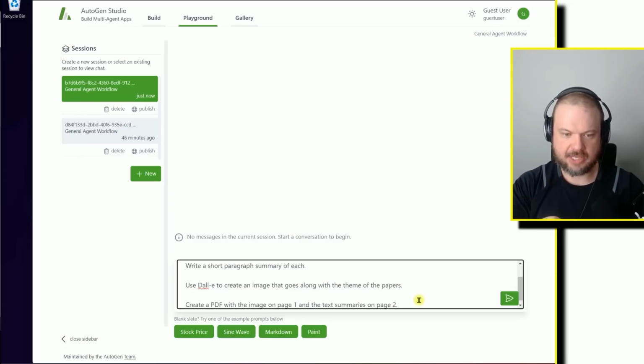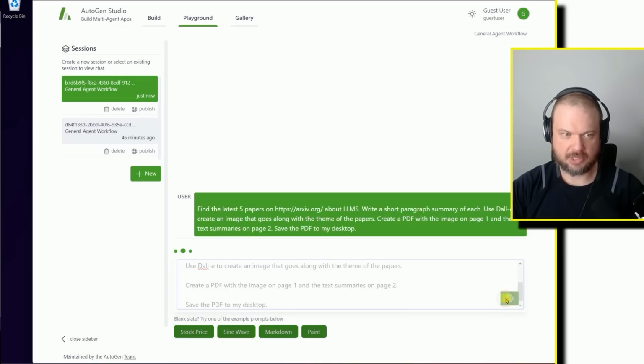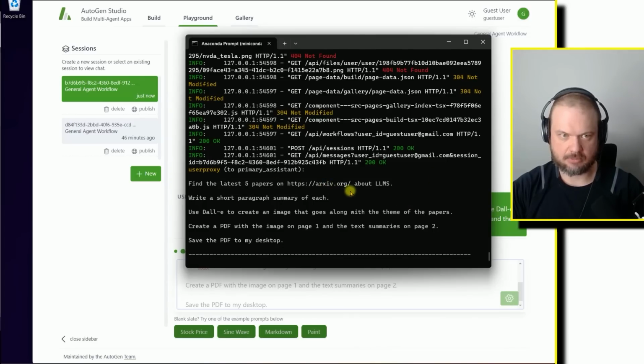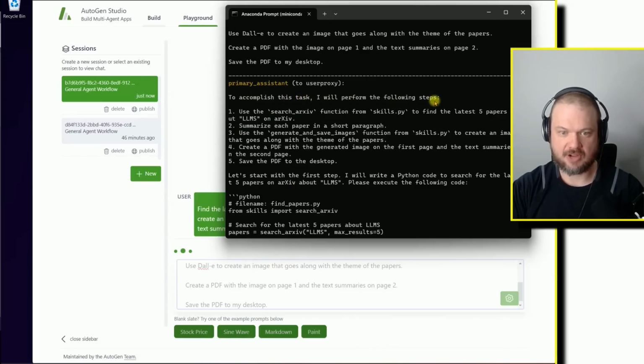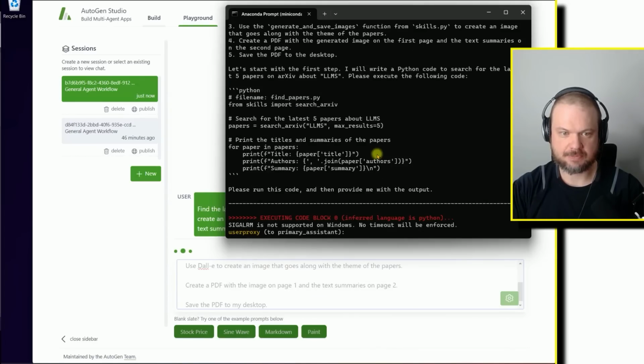Create a PDF with the image on page 1 and the text summaries on page 2. Save the PDF to my desktop and we're going to hit play. Now, this is what's running in the background. It says to accomplish this task, I will perform the following steps, lists out all the steps, and starts searching